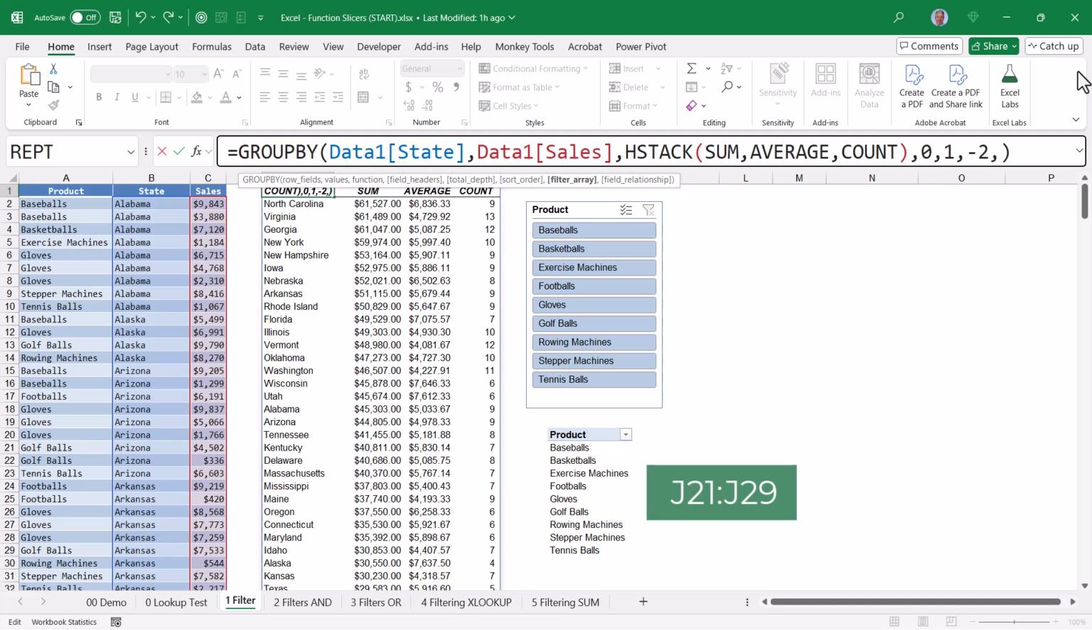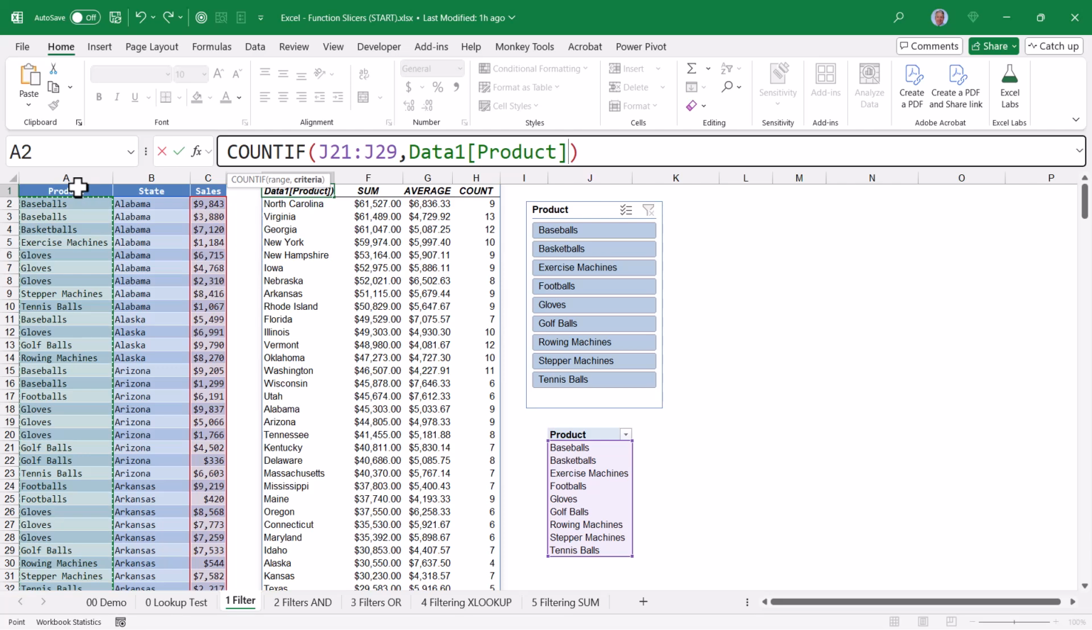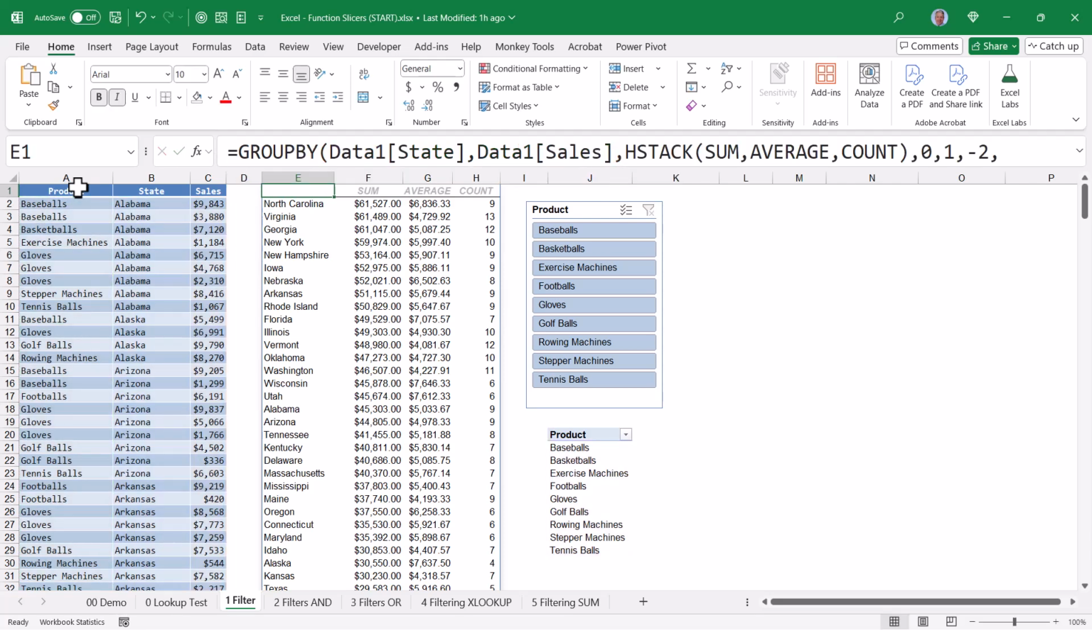We're going to use a COUNTIF function to check to see if the items displayed in the product pivot table are found in the product list of the data. So we'll go with a COUNTIF. The range argument will be the list of products in the pivot table, comma, and the comparison list to discover those products will be the product column of our data set. Close parentheses for the COUNTIF, hit enter, and now if I go over here to the slicer and click baseballs,